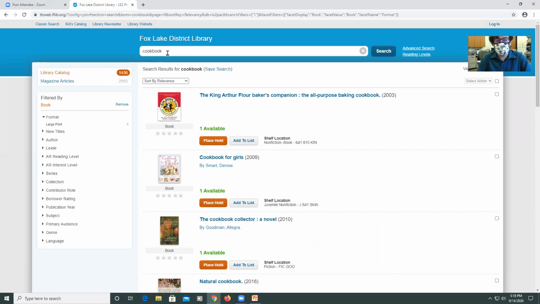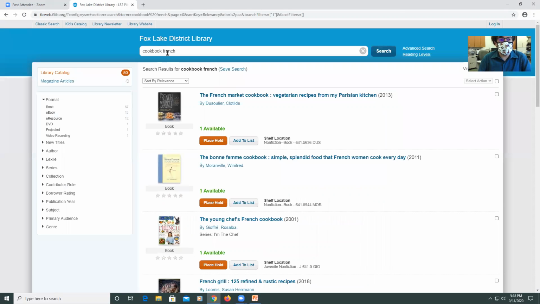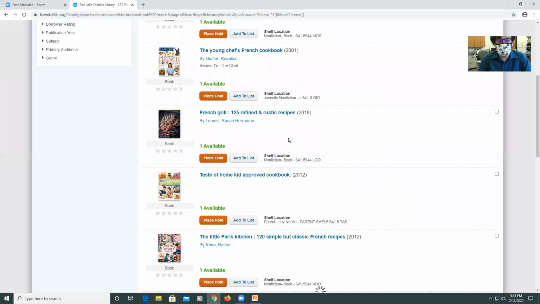What kind of cookbook are we looking for? Let's say we were looking at French cookbook. So I narrowed it down to 80. So these are all the different French cookbooks that we have. So let's say we're interested in the French grill. You click on that particular